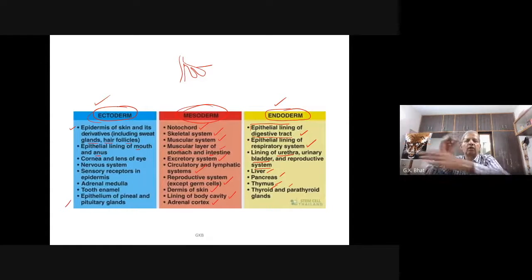Whatever you have inside your hand, except this epidermis, all other parts are mesodermal derivatives. Heart is mesodermal derivative, kidney is mesodermal derivative. Gonads, testis and ovary, mesodermal derivative. Muscles are mesodermal derivative. Bone and cartilage, skeletal system, mesodermal derivative. All three types of muscles, mesodermal derivative. I have already told you kidneys are mesodermal derivative. Dermis of the skin is mesodermal derivative. And inside, whatever you come across, peritoneum, lining of the body cavity, that is also mesodermal derivative. And adrenal cortex is a mesodermal derivative.